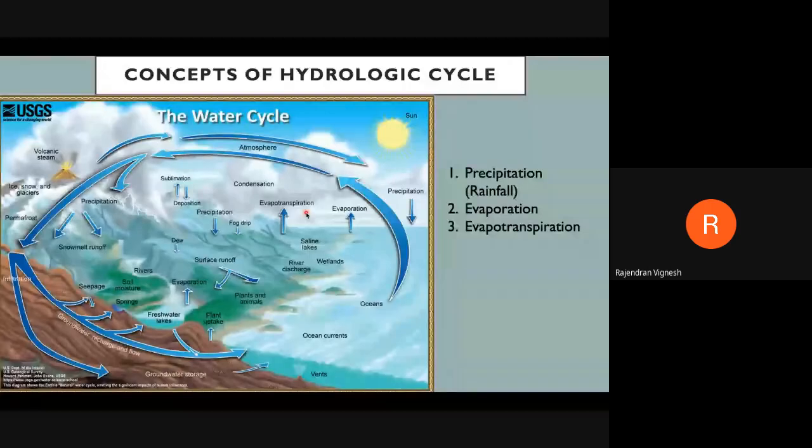First is the actual process, that is the source of water, our rainfall. It falls on different locations, including water, forest cover, and the ice. The next one is evaporation. After falling onto the ground, what will happen to the water? Some water will settle here, and some water, due to climatic conditions, goes upwards. That's called evaporation. Then we said that transpiration is when the water falls onto the green plants, green cover, trees and plants: some water may penetrate deep into the earth, and some may be transpired to the atmosphere. That's called transpiration. So when you combine evaporation and transpiration,